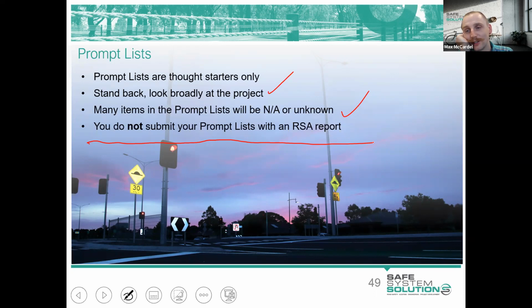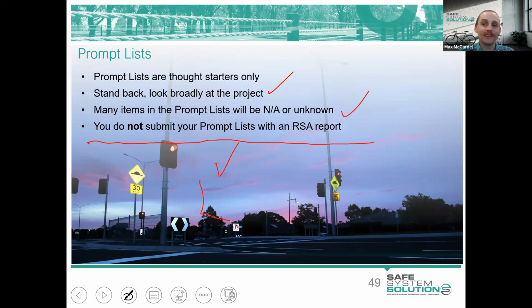So in other words, if you've got the prompt list and you say, oh yeah, that one's applicable, you can't just tick it and then move on. You need to then audit that particular risk and say, okay, I think it's a high risk and I think it's above the safe system tolerance for these types of risks, and you need to provide recommendations depending on which jurisdiction you're in. I know New South Wales don't do recommendations, but generally you provide recommendations how to mitigate that